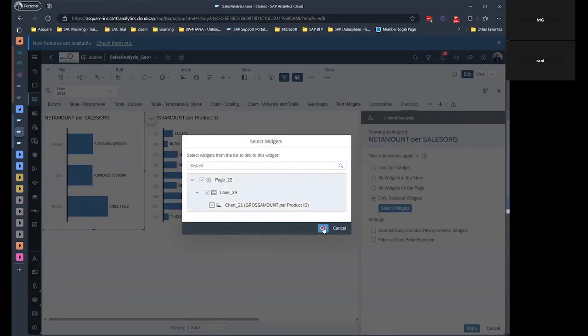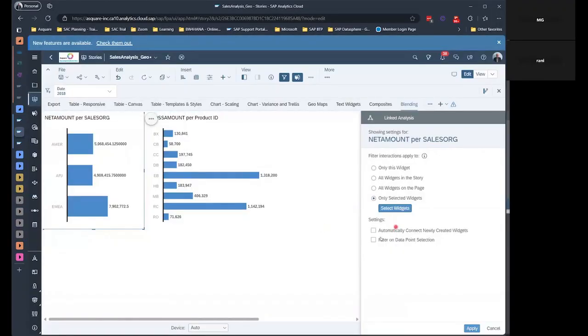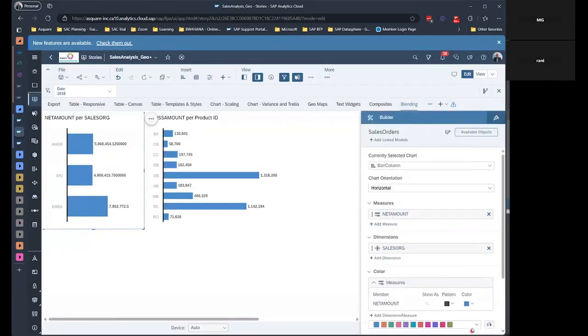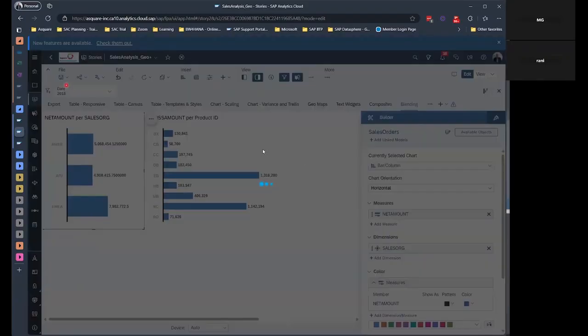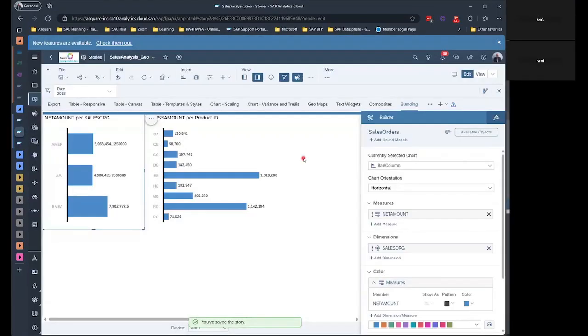I'm going to choose that. Say OK. And then, of course, filter on data point selection. I need that, so I'll click on apply. And now, if I save it, because I have linked these two models with a common dimension, which is sales